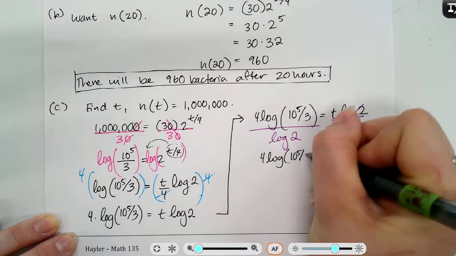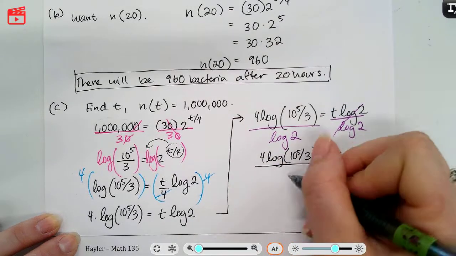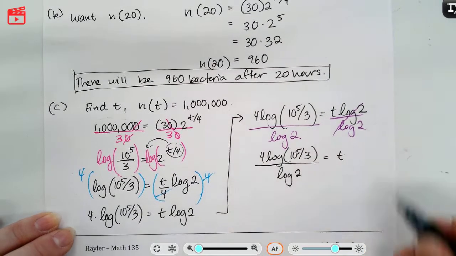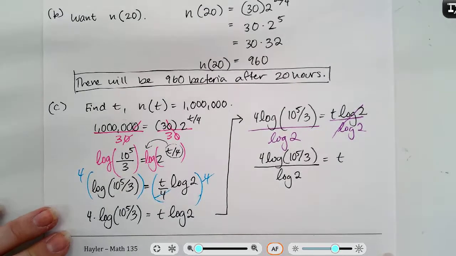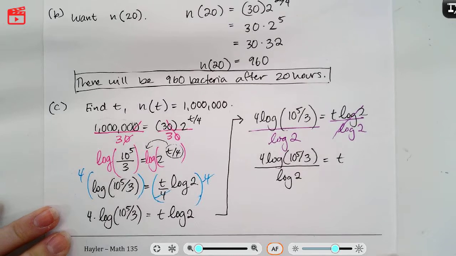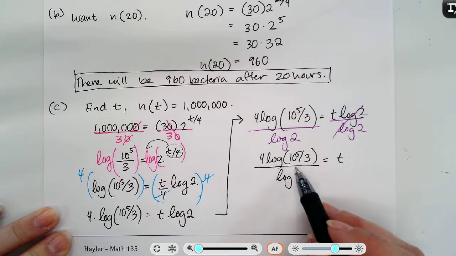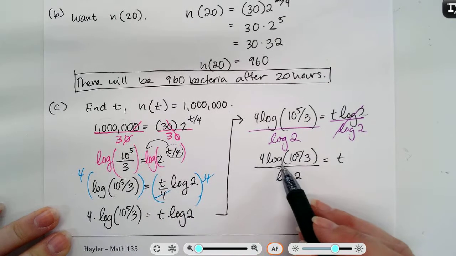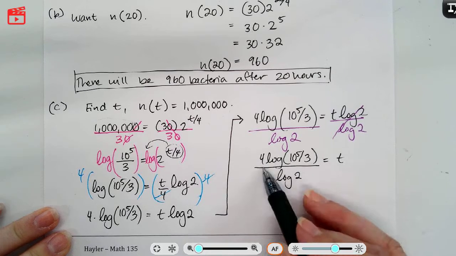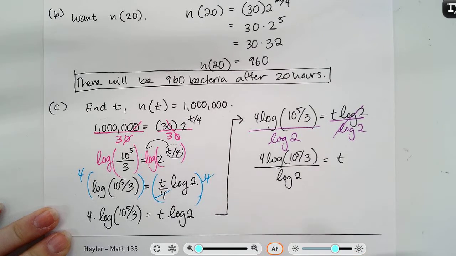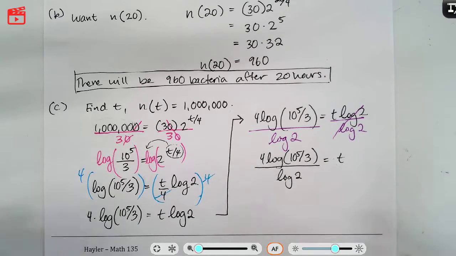Okay, but the question is, should we leave our answer like this for a word problem? Well, I think if your fellow human asked you how many hours it would take for the bacteria to be 1,000,000, and you told them, well, it would take 4 times log 10 to the 5th power divided by 3 divided by log 2 hours for the bacteria to reach 1,000,000. Most people wouldn't appreciate an answer like that. We kind of want to know time. So we're going to pull out our calculator